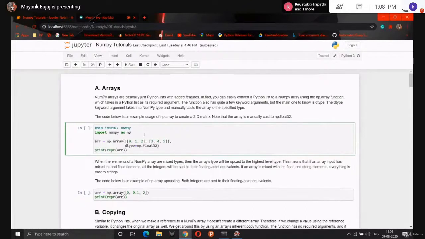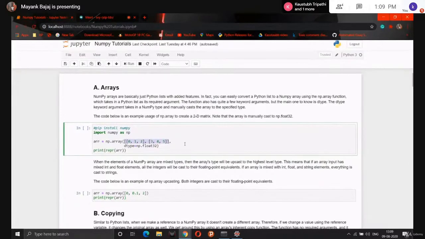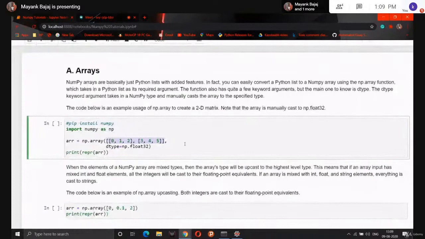So let's see how we can create one NumPy array. To create a NumPy array, the NumPy module provides a function known as array, and it takes one compulsory or mandatory argument, that is the Python list. We simply pass our Python list in the argument, and there are more arguments, but those are optional. As you can see in this code, I am using the np.array function, then I pass one nested list. I am zooming in a little for better viewing. In this list you can see our first nested list is 0 1 2 and the second one is 3 4 5.